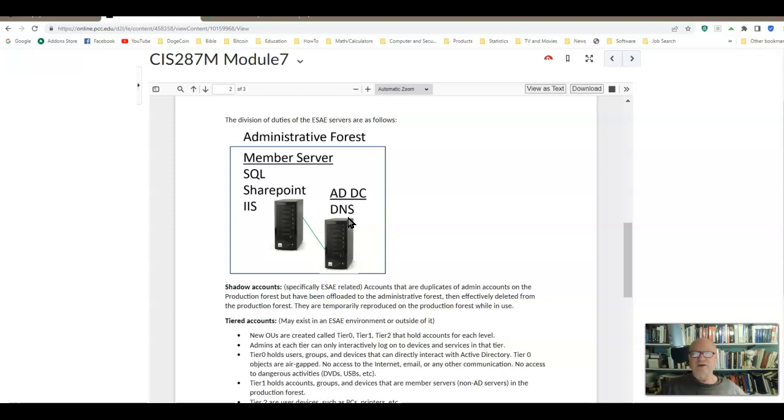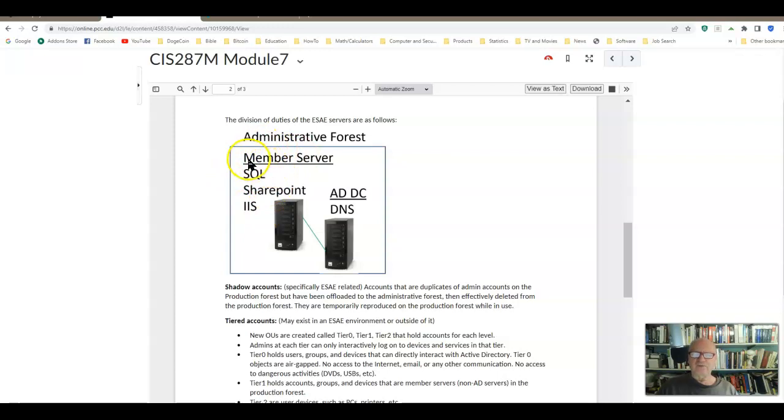It says, hey, by the way, we're going to install these other things. Is that okay? You could tell it no, and it would still do it, but it won't work, right? So it has to have this DNS there. And then in this same forest, and in fact in this same domain, because this is a one domain forest,